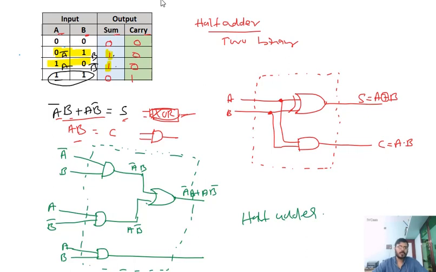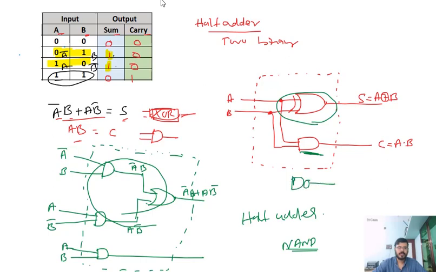Now, in order to make a half adder using NAND gates only, you can make a circuit for an XOR gate using NAND gates only, that I have already discussed. Use that to replace this XOR gate. Then for carry you need an AND gate. To make an AND gate using NAND gates, first you have a NAND gate, then feed the output of the NAND gate, joined together, into another NAND gate, which acts as a NOT gate.